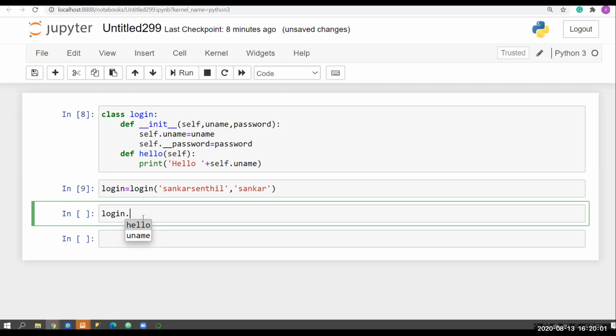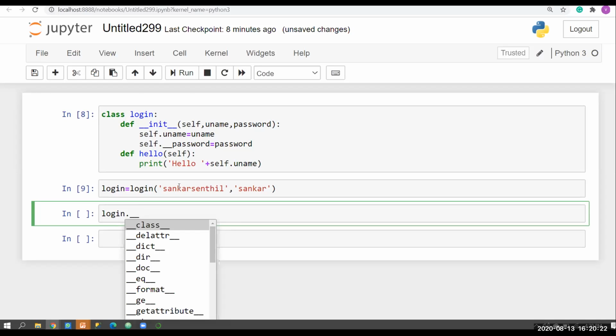Now you can see the method, that is hello, and the instance variable uname. You won't see the password because the password is hidden. If you want to access the password, you have to use underscore and underscore, then password.